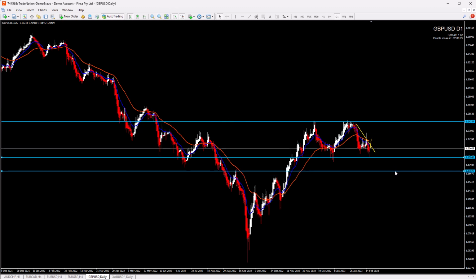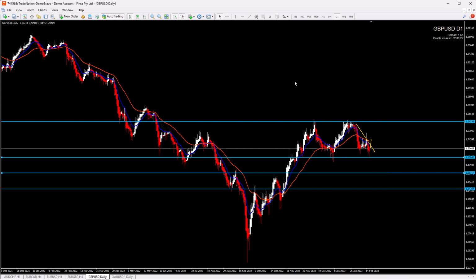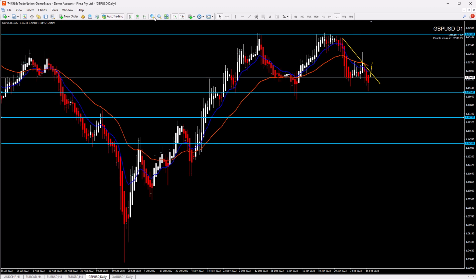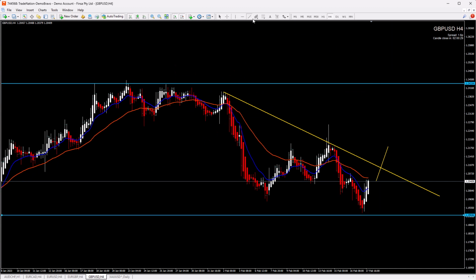This is also an important area here, so this is the next possible target, and then we'll have, of course, the next one which is here. But first, price really has to break this support. So either we wait conservatively for a breakout here or here, or we have a situation with some short entries